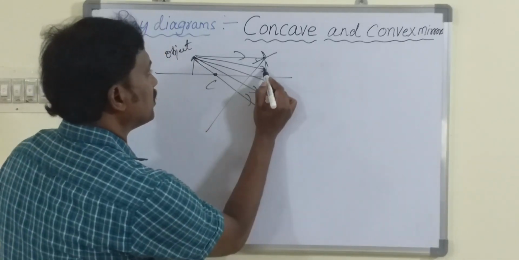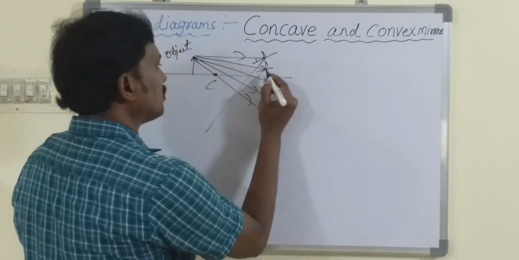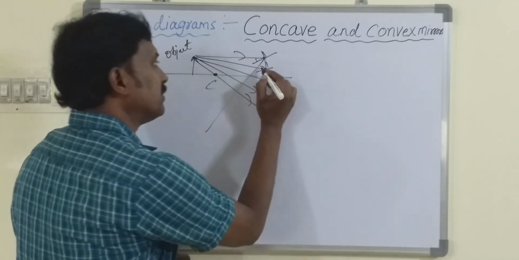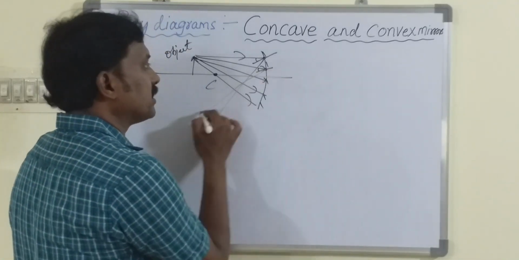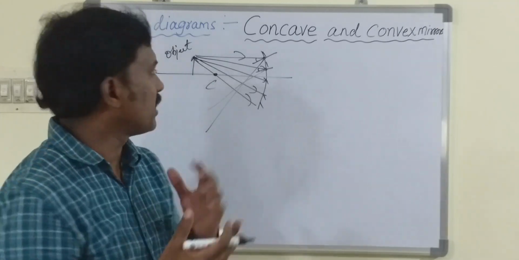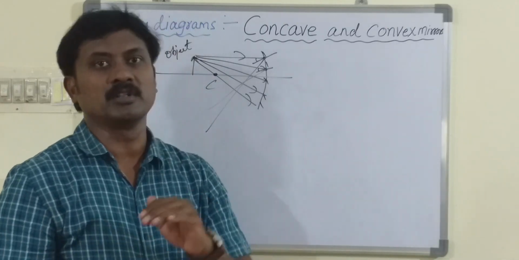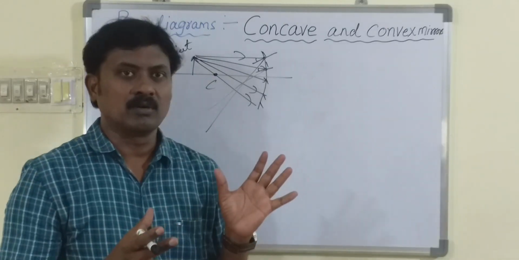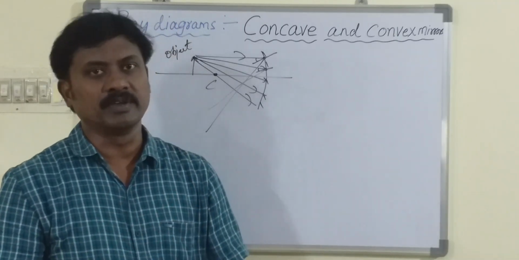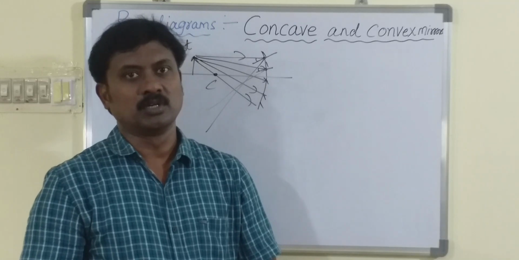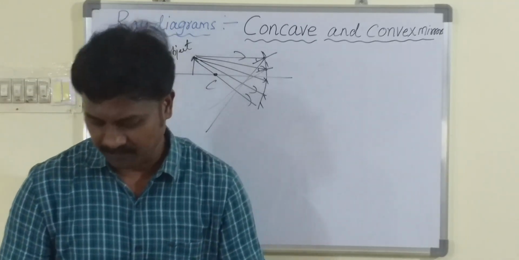Next, again at the point of incidence, you have to draw the normal. That normal should pass through the center of curvature. Again find the angle of incidence, and then draw the angle of reflection depending upon it. So for every point you have to find the angle of incidence and then draw the reflected light ray. This method of drawing ray diagrams is very difficult. Therefore we have been given three important rules to draw the ray diagrams, and these three rules follow the laws of reflection.